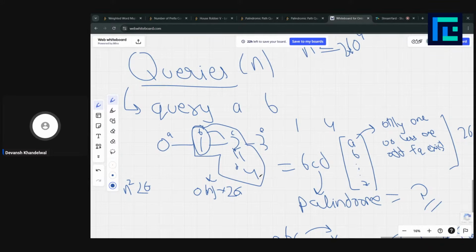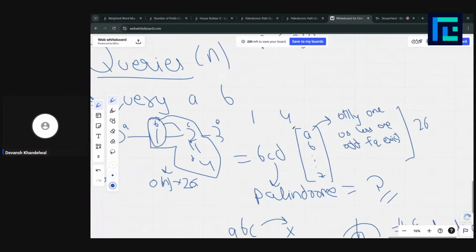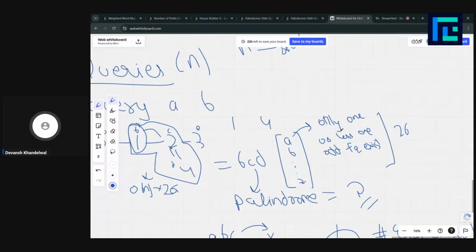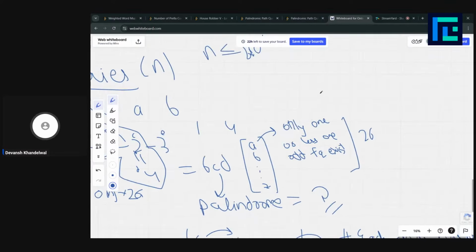So how are we going to break it down even more? One thing we could do is, we only want one character or less, and the rest we want as even. Let's say, what if we used bit masking here? We are optimizing step by step.